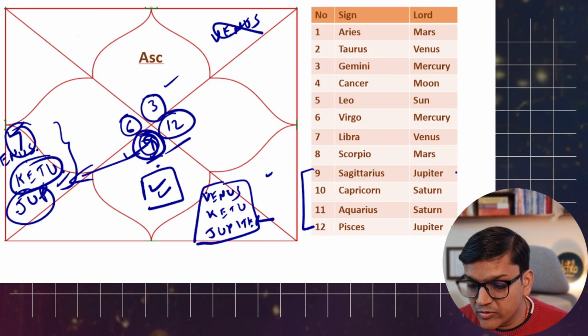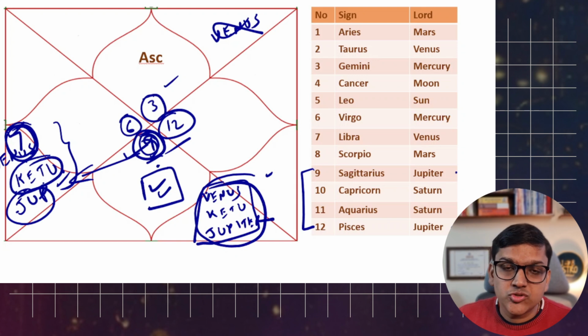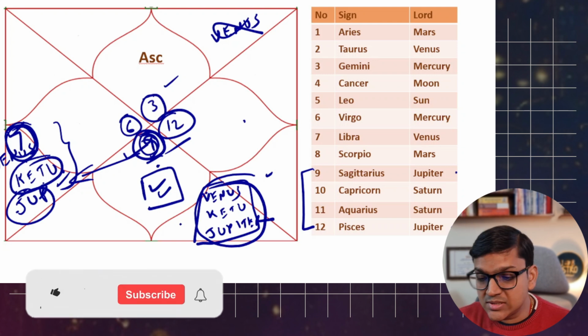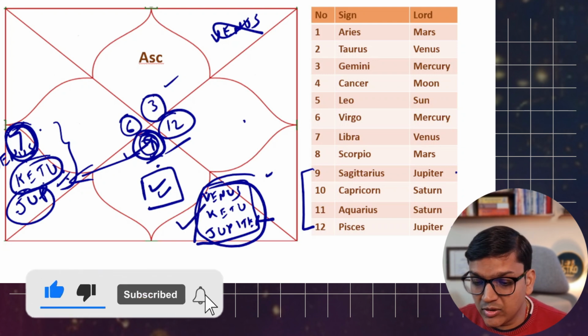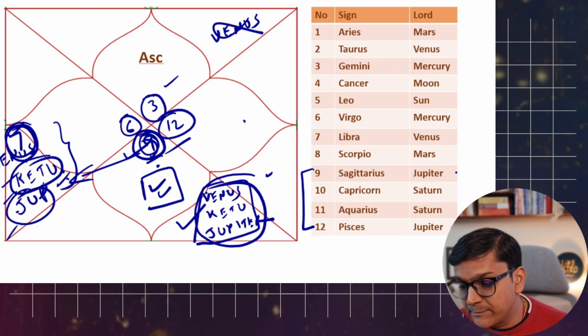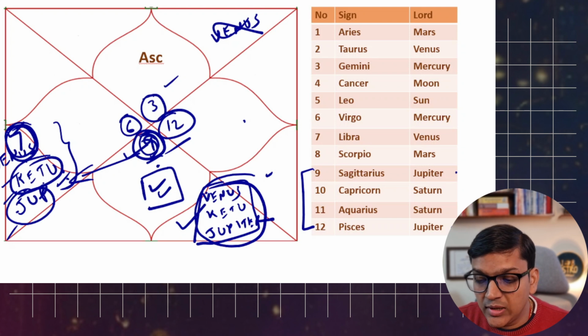Now Jupiter is lord of the 7th house, Venus is lord of the 5th house. In the 8th house this combination formed. It will not be as strong a Rajyog as when it is formed in the Kendra and Trikonas, that is the center and the angular houses, but this is again a form of a Rajyog, not as powerful as that particular combination in the 5th house because it's a trine house, but it again has the capability to give you very good results. This Ketu will never ever give you bad results in your life.